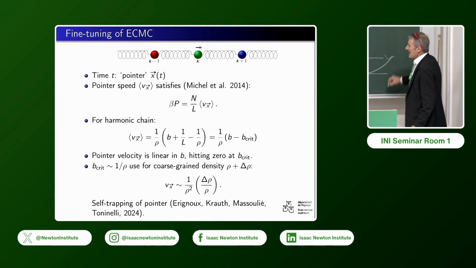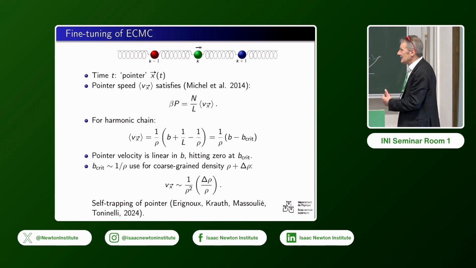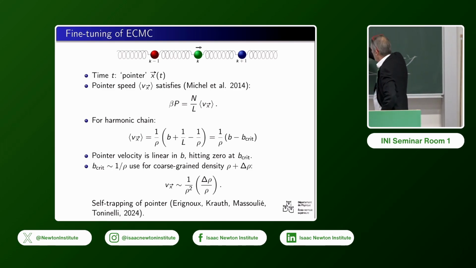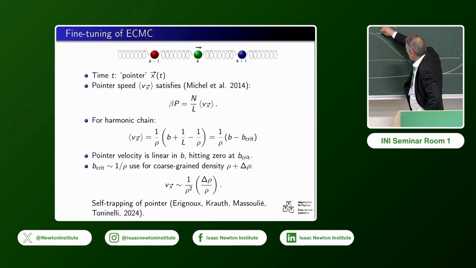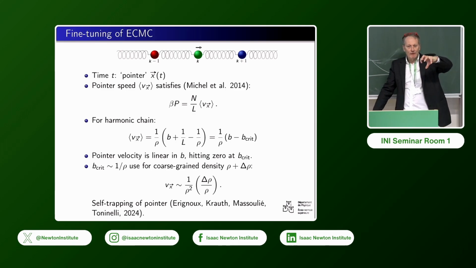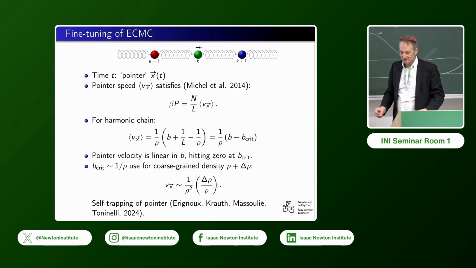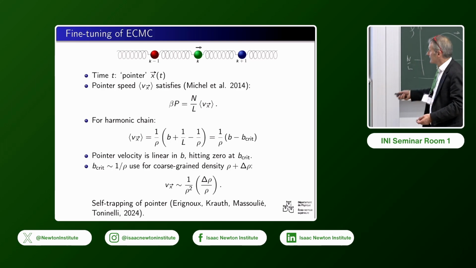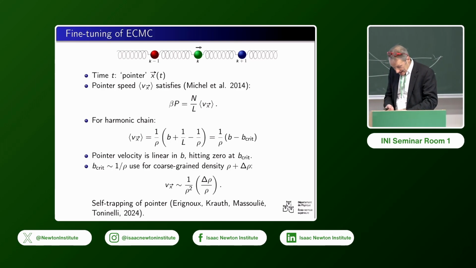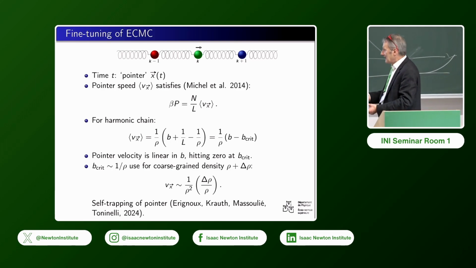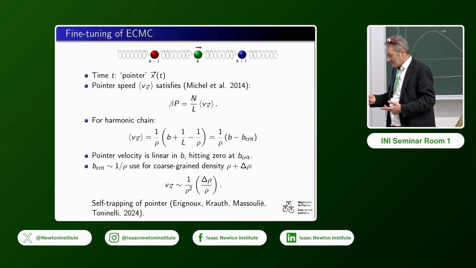If I have adjusted B to the critical value, what is going to happen is, in this area, the pointer is going to move forward. In this area, the pointer is going to move backward. This leads to a self-trapping of the pointer to even out the density fluctuation, and this explains